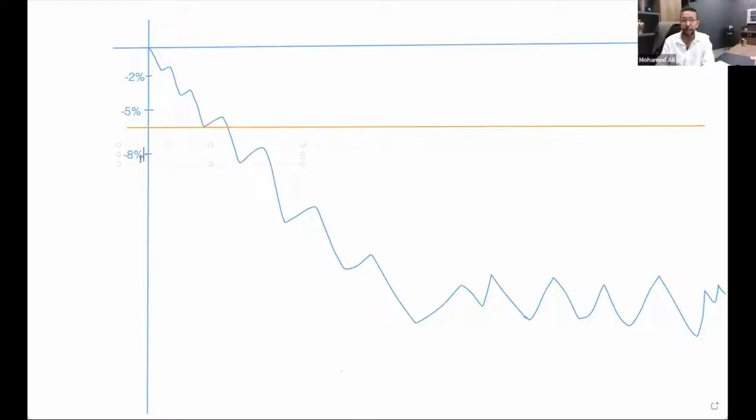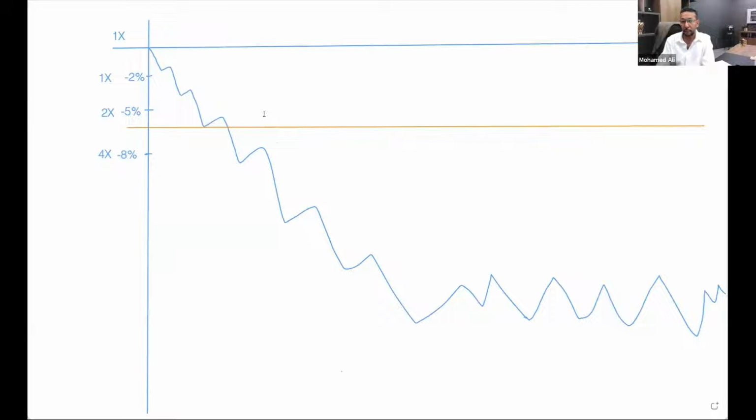our average price for all of these trades is going to be somewhere here, because the quantities are different. Let's say at the beginning we took 1x, which is 3.39%, and here again it's 1x. And when the market goes -5%, we took 2x, which is 2 times the initial order, and then the last order in this place is taken 4x, 4 times the initial order. That means our average price will come somewhere here.